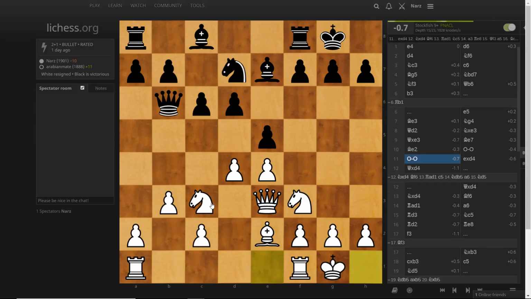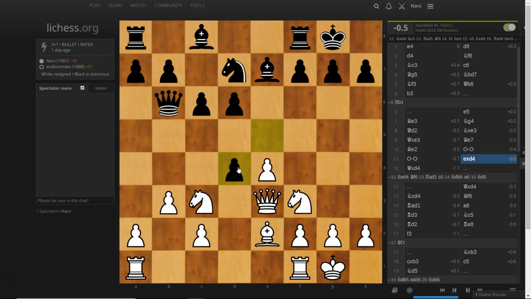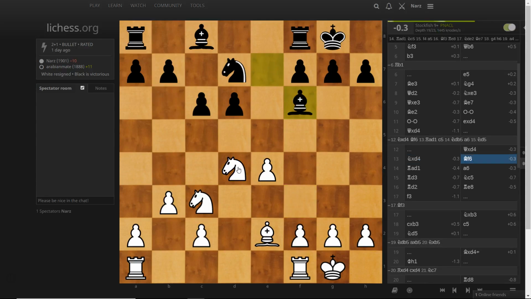Play bishop e2, he castles, I castle, he takes, and again, one of my weaknesses, especially in low time, I tend to like exchanges, but taking with the knight is better, and that's what I should have done. I played queen takes, and now,